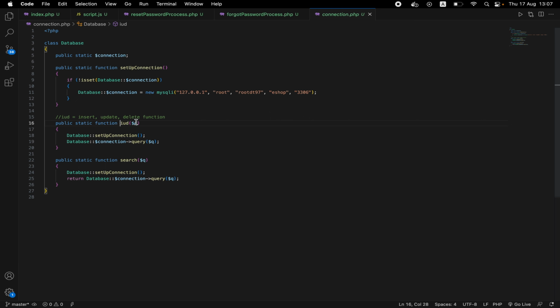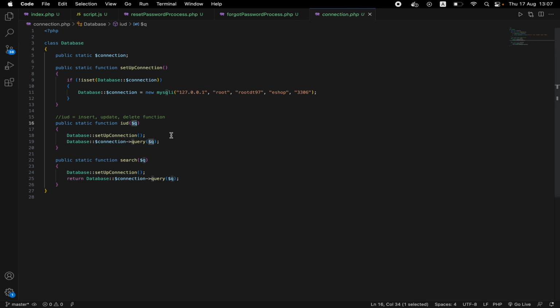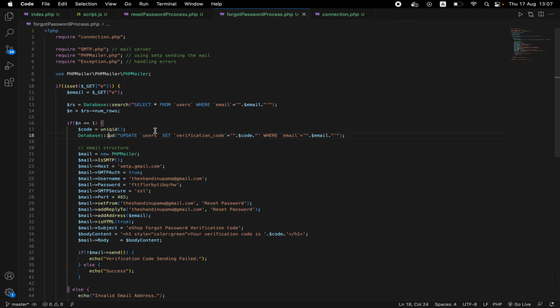It accepts a parameter, and it won't return anything, it will return void. So we are going to send this SQL query as a parameter: update the user table, set the verification code equal to code where the email equals the user's email,